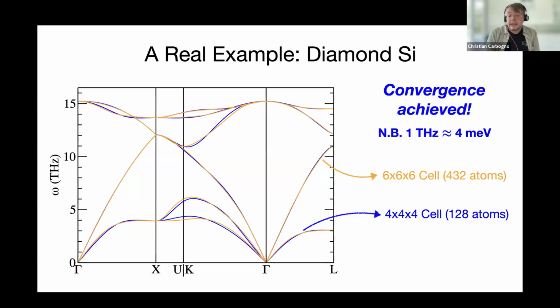And you also see quite nicely here the different types of acoustic modes. So here you see that we have 3. In some cases, some are degenerate because of the high symmetry of silicon. You really nicely see also the optical modes that sometimes are degenerate and sometimes not. So everything works out nicely.